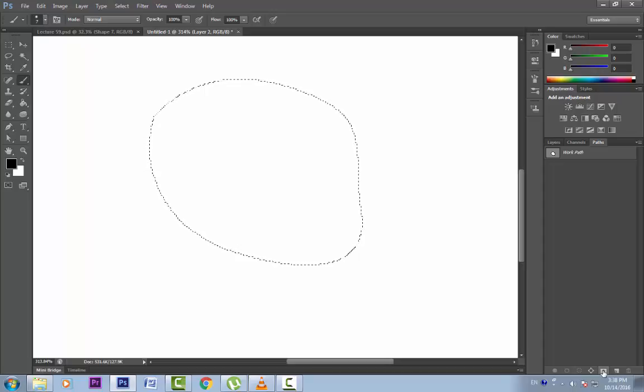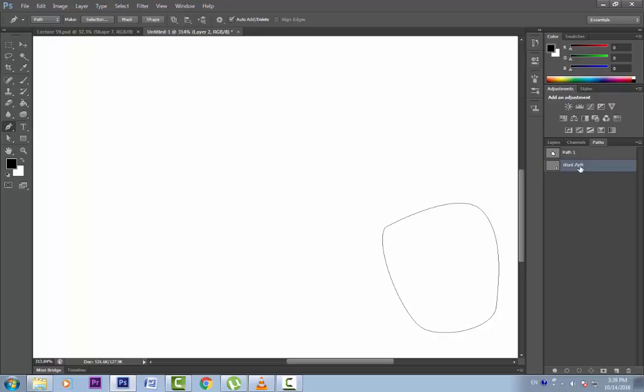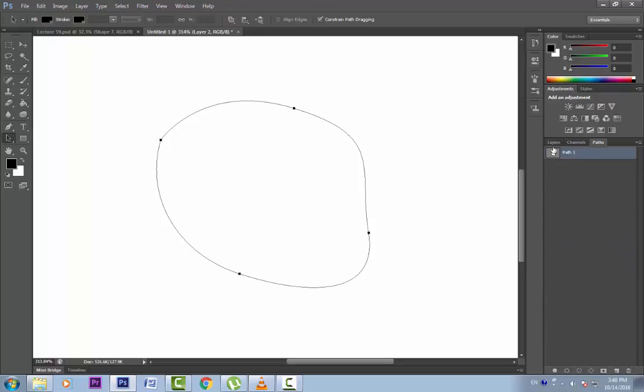Now if we want to save any path for later use, let's create a new layer from here. Make a marquee selection of this path. Ctrl X to cut it from here and Ctrl V to paste on this. Let's deselect the path and draw another path. Now it has been created on the new layer called work path. So you must have understood that whenever we create a path, it is created on this layer called work path. Now we have our saved path here and new path here. Let's delete this path.